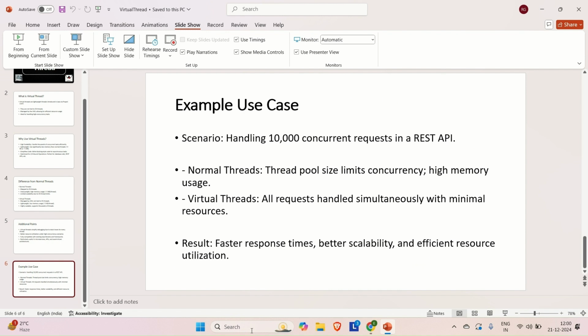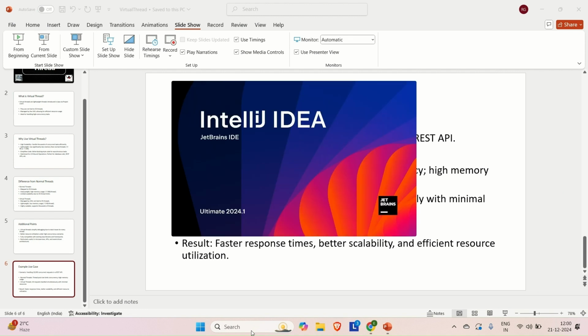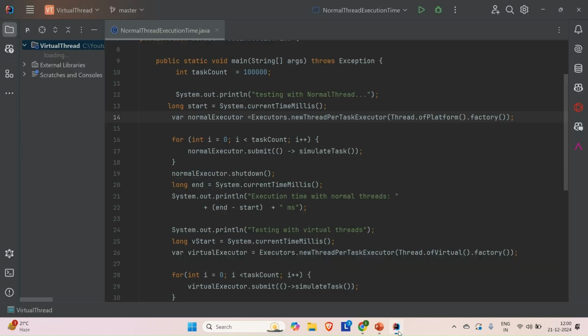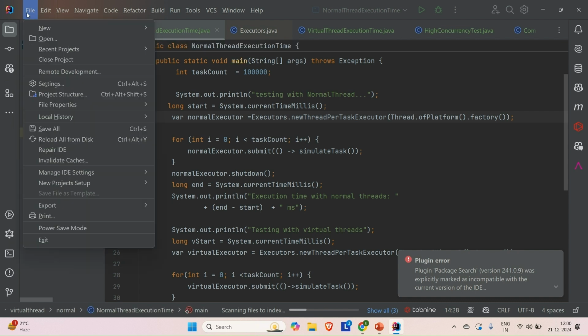So let me open the IntelliJ here. Just wait for a few seconds. It will take a few seconds of your time to open it up and then load. Then we'll create one class. It is taking a few seconds of your time. I have restarted my system, that is why it is taking some time. No issue. I think it is opened up here, and let's say go to the file,